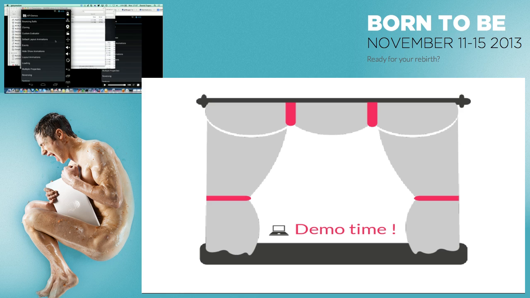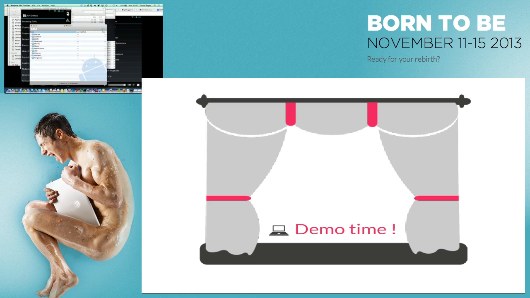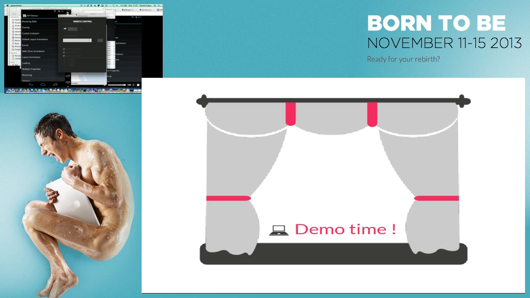So I have to plug it in, because it uses the USB connection. And then choose this widget, remote control. It lists the available devices, run it, and when I click there, it pushes an application, Genymotion remote control,